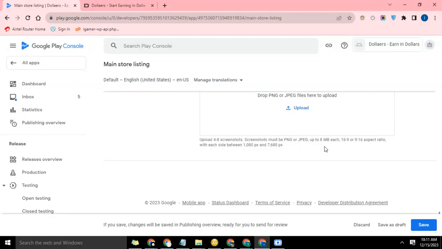list your app on the Play Store. After you've done that, you save, then you proceed to sending it for review. Immediately you save, you will have the option to send it for